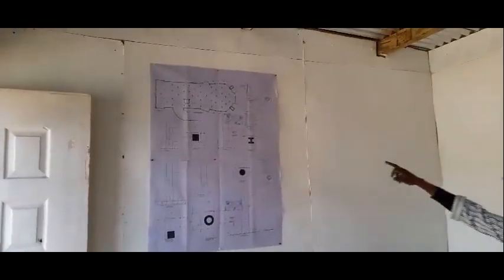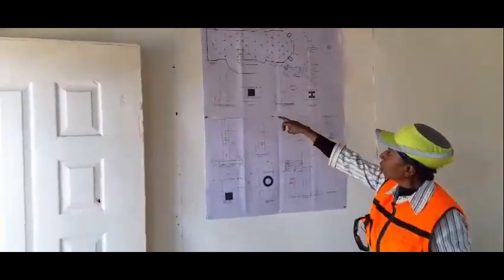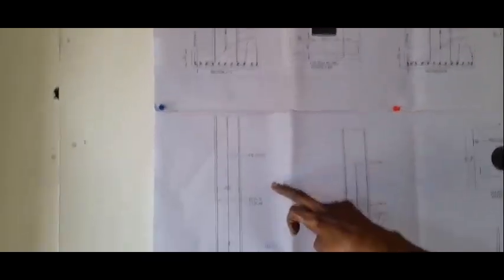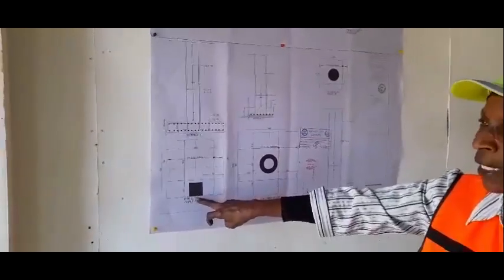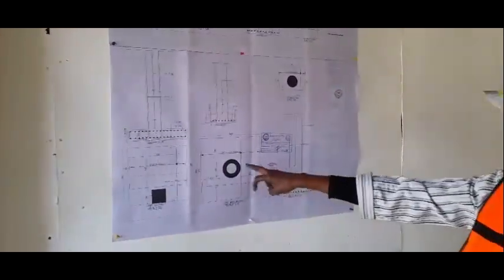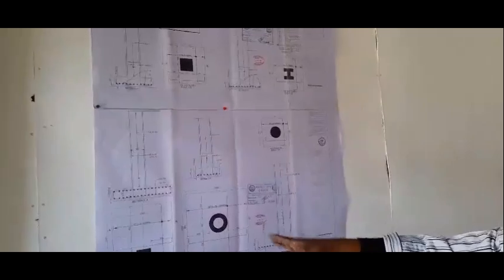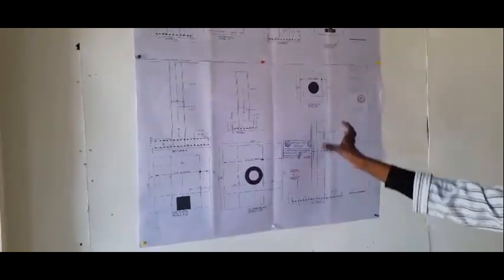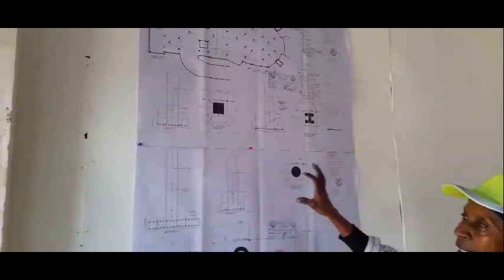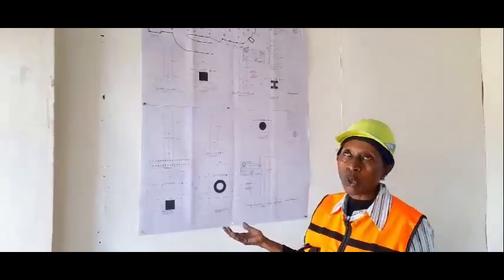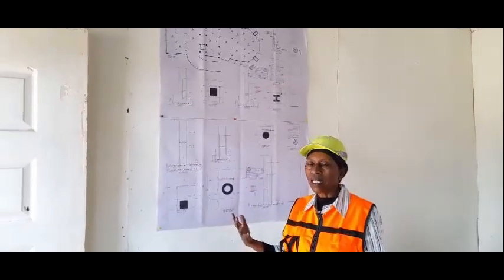And then over there is another drawing which shows the details of the bases. The column bases are shown, and typical sections are also shown. Different types of columns are shown. We have end columns, rectangular columns. We also have round columns as shown, and a section is taken and shown. It is properly displayed so that as the contractor does their work, they are able to interpret the design to